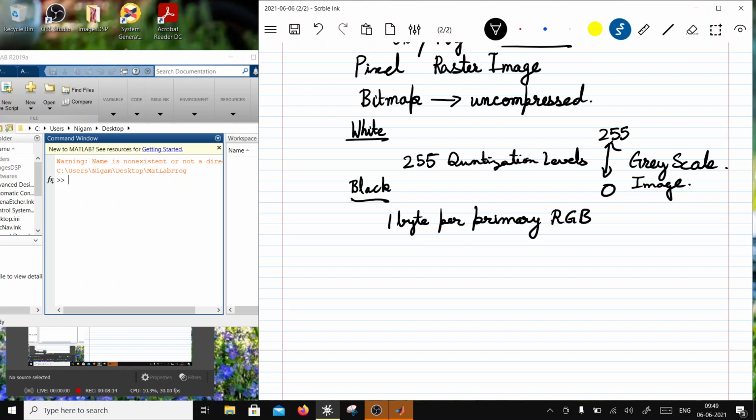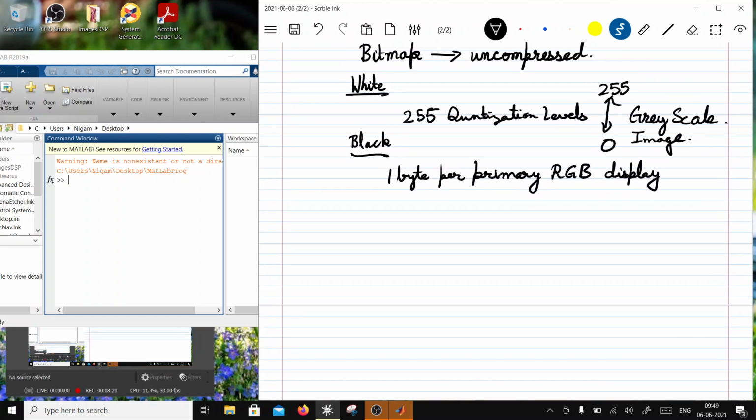So for all your display purposes, we have 1 byte per RGB. So this is going to be 3 bytes per pixel. Correct? And so that is going to be equivalent to a 24-bit image.